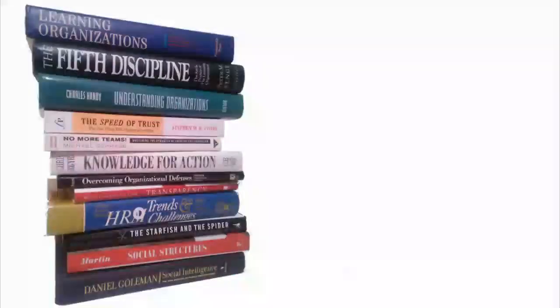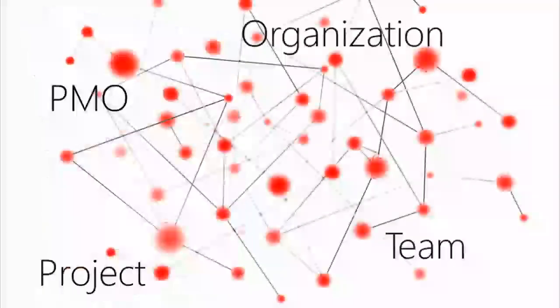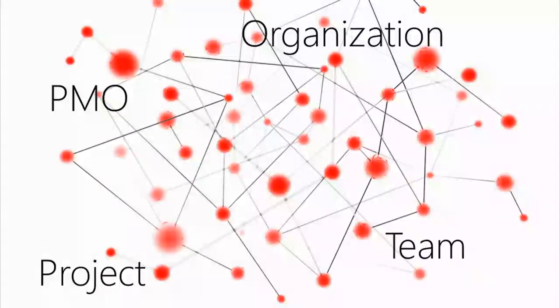So for this presentation, when we talk about building a collaborative culture, I know that the title is that we're building a collaborative culture around the PMO. The reality is we're building a collaborative culture around the different groups, the different organizations within an overall company where they have common goals. That could be a project team, a technical team, a PMO group, the organization overall. What we're talking about today applies at all levels of that organization. It really depends on what level we're talking at when we look at how to best achieve collaborative culture.